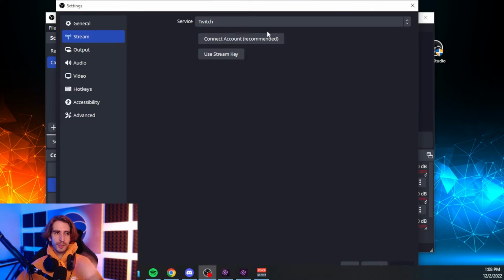Now, if you can't connect using the Connect Account, you can use your stream key, and this can be found in your account settings of your profile. Never show your key to anyone. This is how you go live to your channel, and you wouldn't want someone else going live to your channel, so never share your stream key. But once you got your service set up and your stream key entered, click OK and go to the next